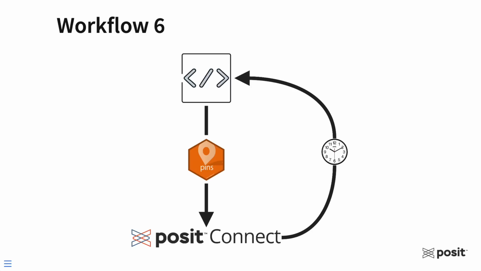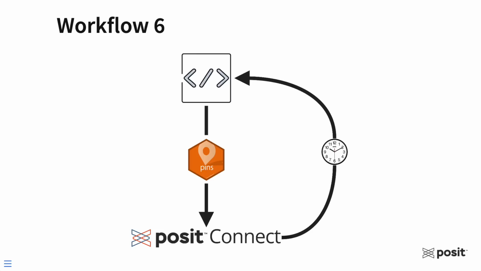For our last workflow for today, we are going to show you how you can automate the pin writing process. This is probably the workflow I use the most often, and it's perfect for those assets that are constantly changing or being updated. Think of a data set where new rows are being added as data is being collected. So this specific pins workflow is made possible by the job scheduling feature on Posit Connect. So to get started, we first need to create a document that houses our pin writing workflow.